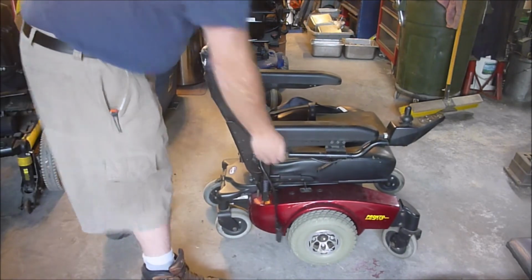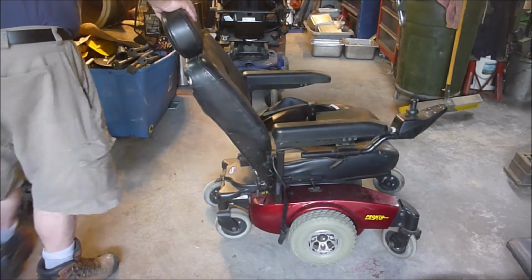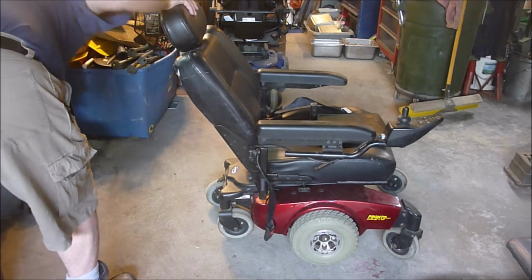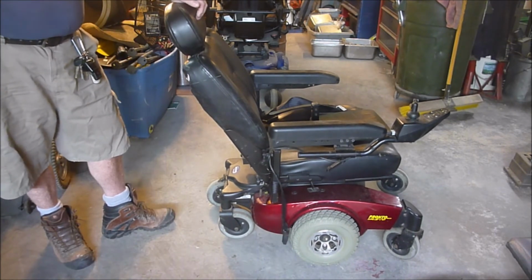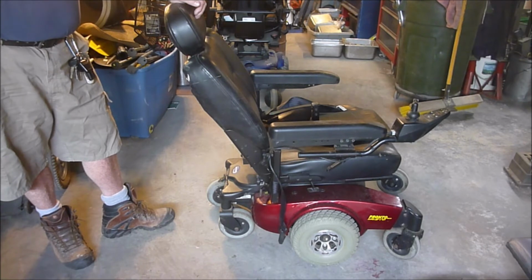Something I do like about this one is that the back actually can go up more. I did not get a charger for this one, and I'm not even sure if I have one that'll work with it. I have two or 3 chargers that have come with different ones that I should be able to make something work, or at the very least I can charge up batteries, make sure they're charged up, put them in this